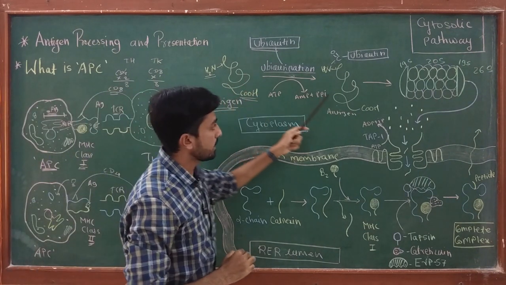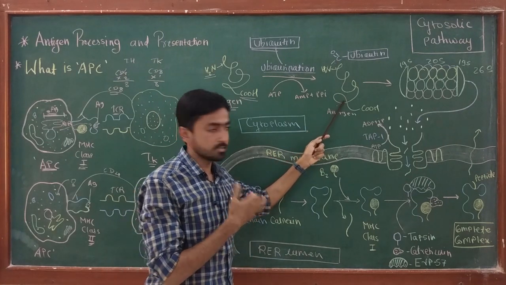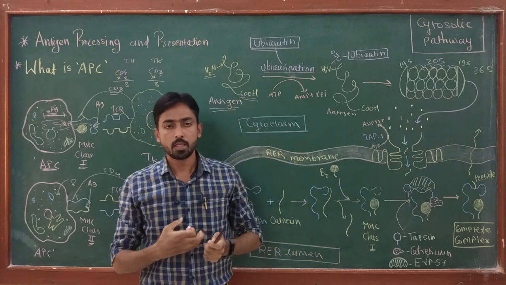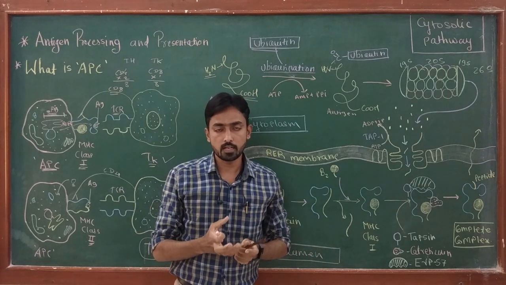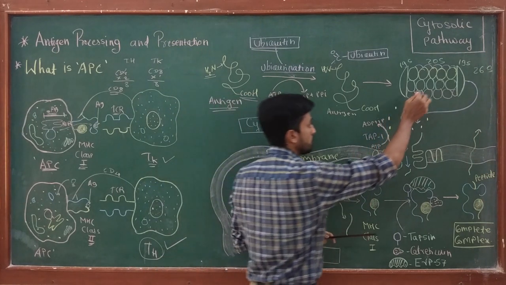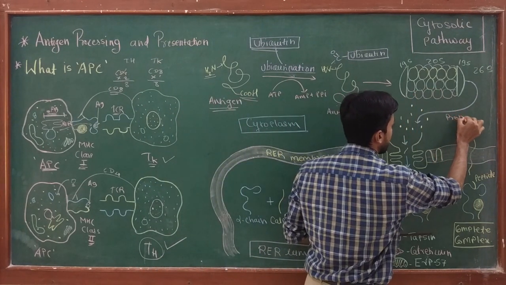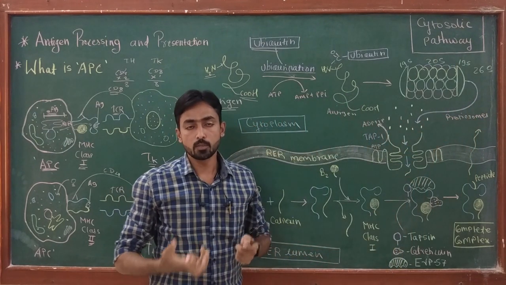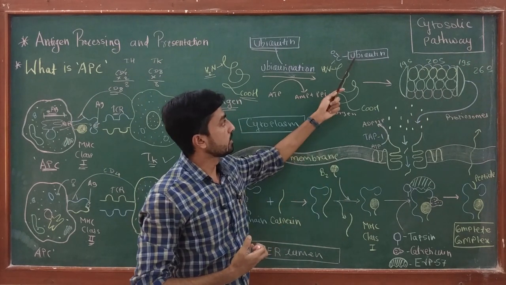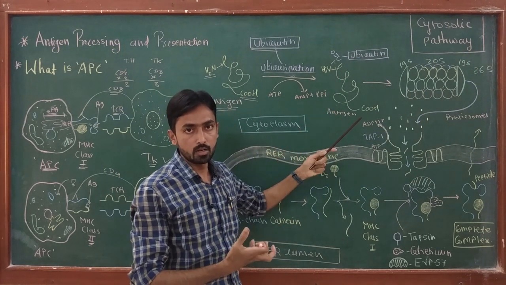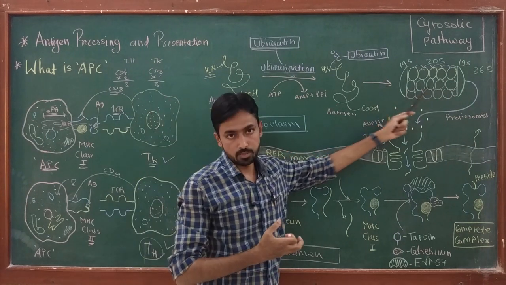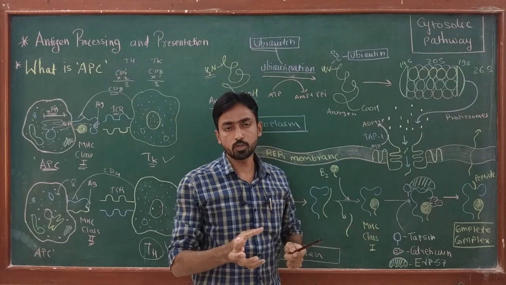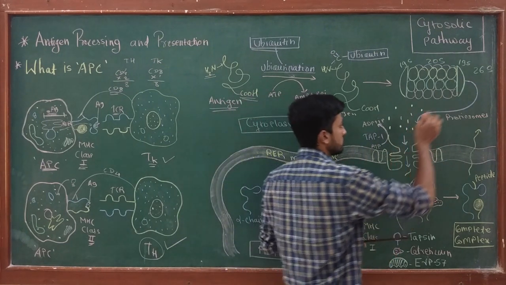Once the ubiquitin molecule gets attached to the antigen, this protein is ready for degradation, because inside the cell cytoplasm special protein complexes are present called proteasomes. Okay, these are proteasomes, which can easily degrade a protein molecule that has a ubiquitin tag. That means this tagging helps in the degradation process. Okay, these proteasomes are a large complex of proteins which is called the 26S complex.